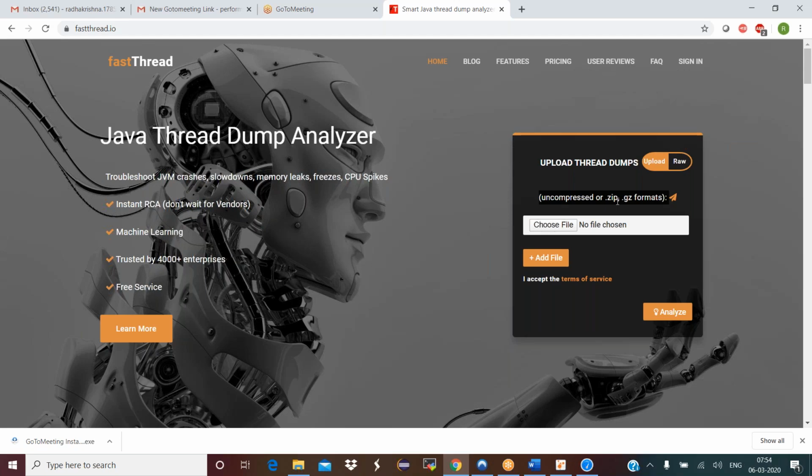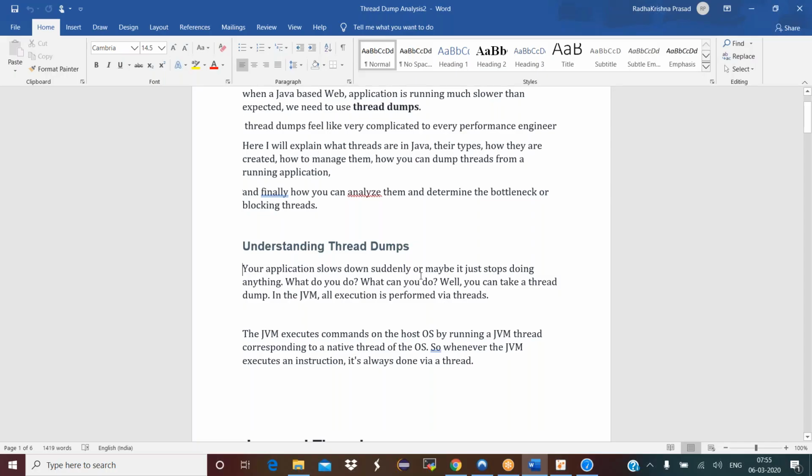So the snapshot is completely textual. Okay, it will be completely in the text format. It will give you all the different states. If you look at here,